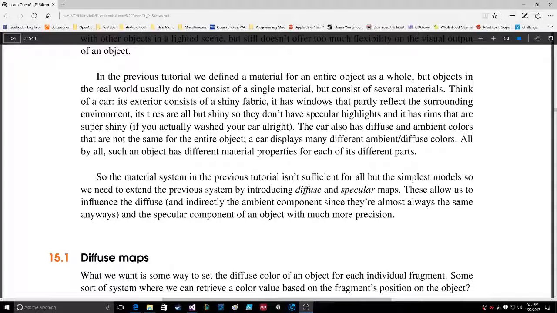We defined a material for an entire object as a whole, but objects in the real world usually do not consist of a single material, but consist of several materials. Think of a car. Its exterior consists of a shiny fabric. It has windows that partly reflect the surrounding environment. Its tires are all but shiny, so they don't have specular highlights, and it has rims that are super shiny